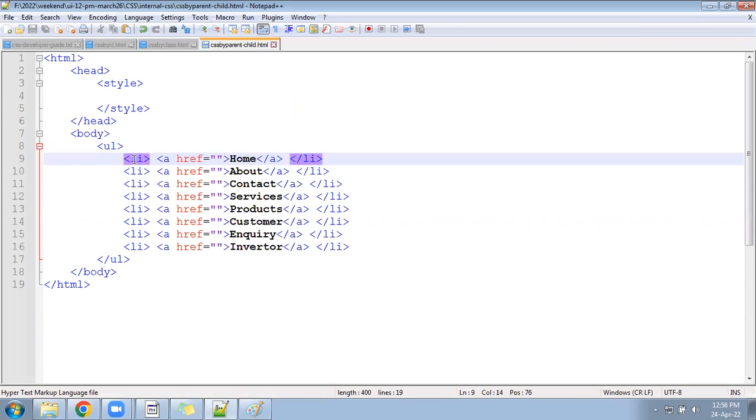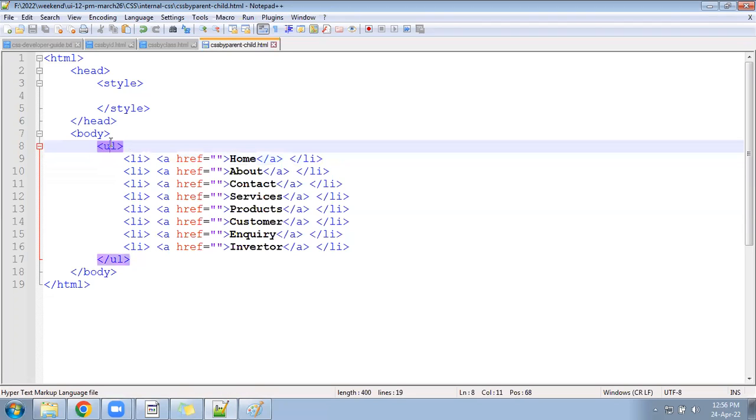Through CSS, we need to control it. So in that you can see UL becomes the parent of the li tag. The A tag is inside the li, and the li is inside the UL, right? So these all are going to